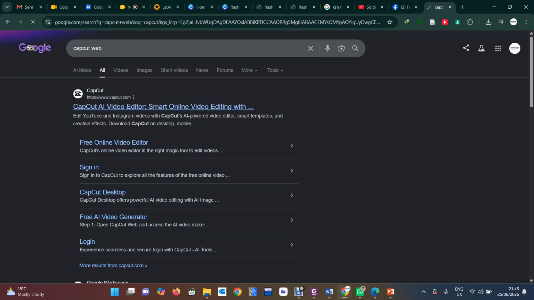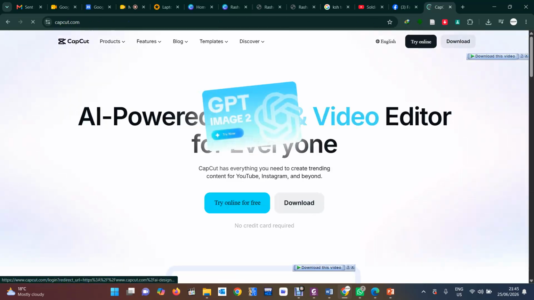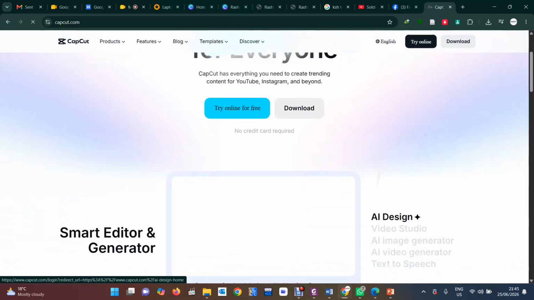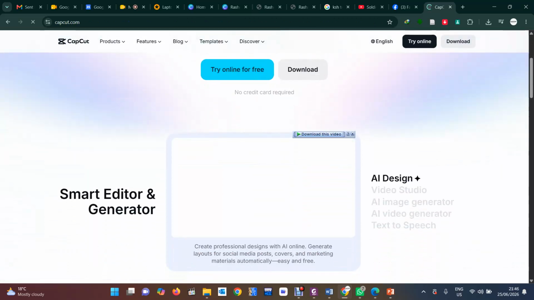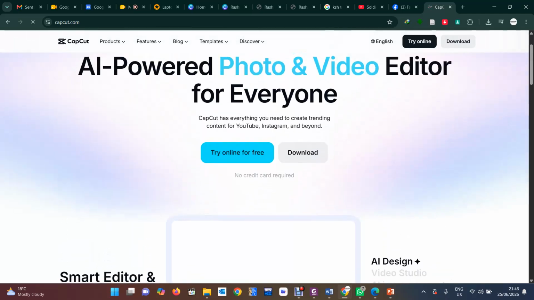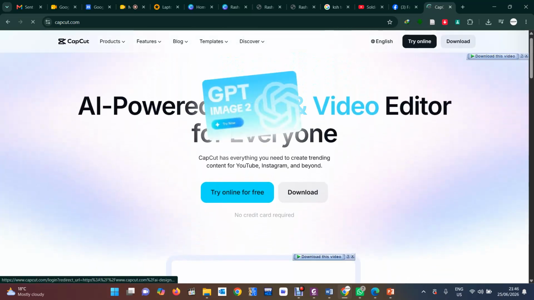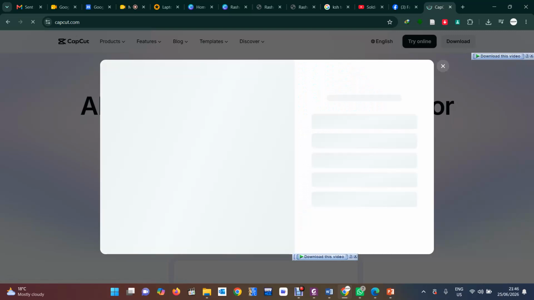Like this one. Then you can generate any videos that you want, even about a certain topic or a certain thing. This is CapCut. You can try it for free, or you can download and also use it on your computer.